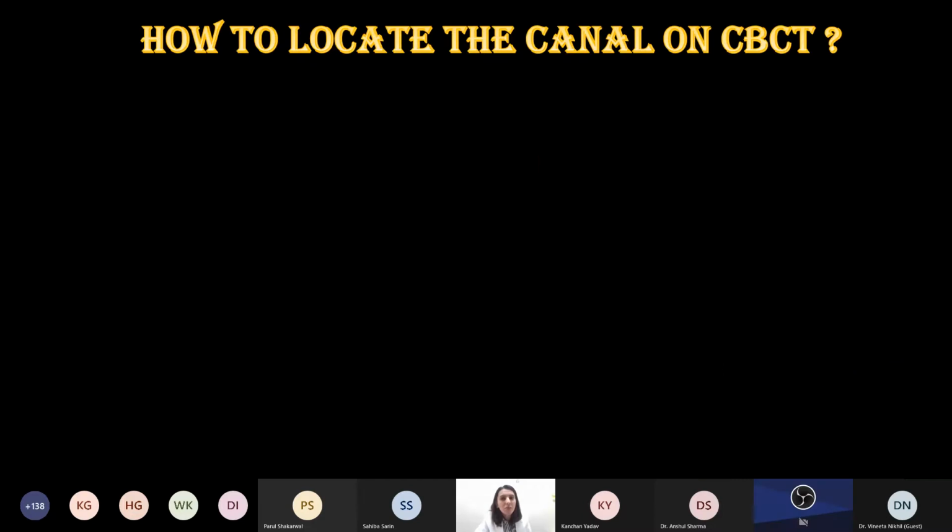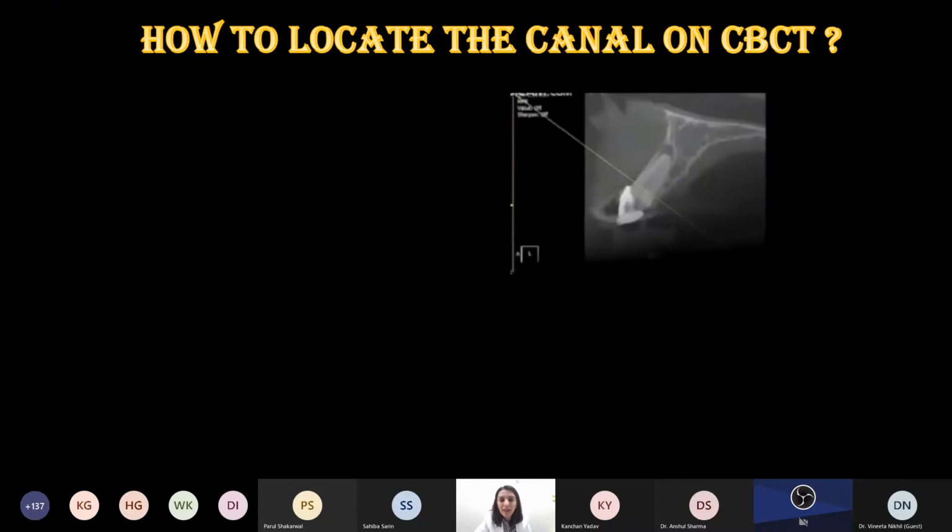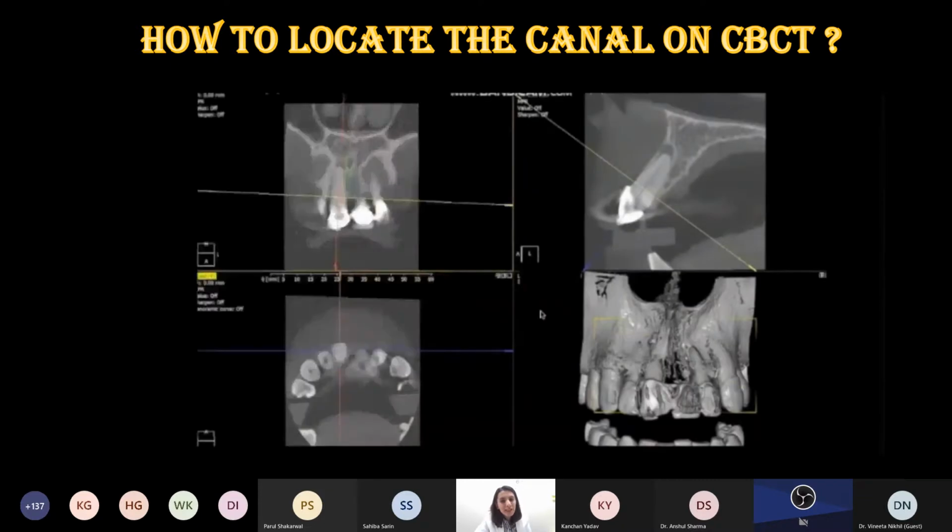Now the question comes, when taking a CBCT, you need to locate the canal on CBCT. How to do that? Sometimes locating the canal on CBCT is very, very simple. When starting with your planning, we try to view the tooth in all the directions, whether it's sagittal, axial, or the coronal view. The pulp canal will be viewed as a black radiolucency in the middle or the apical third.